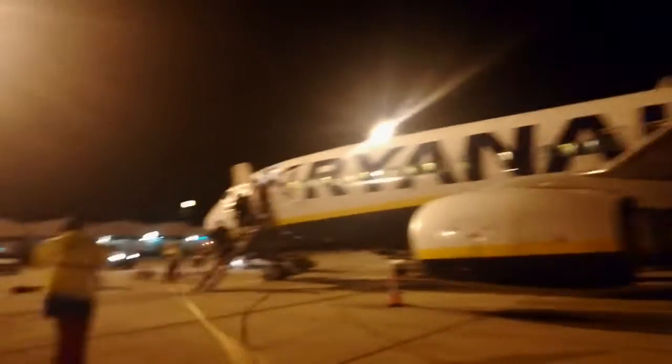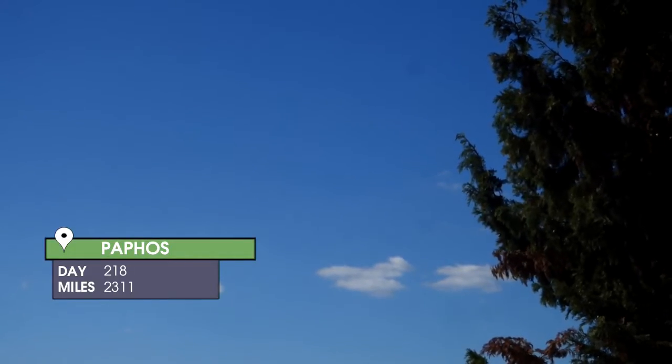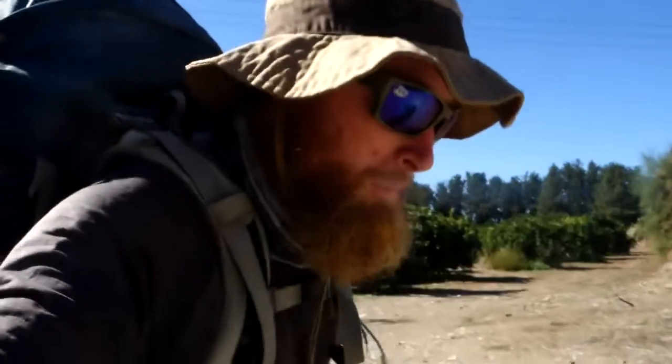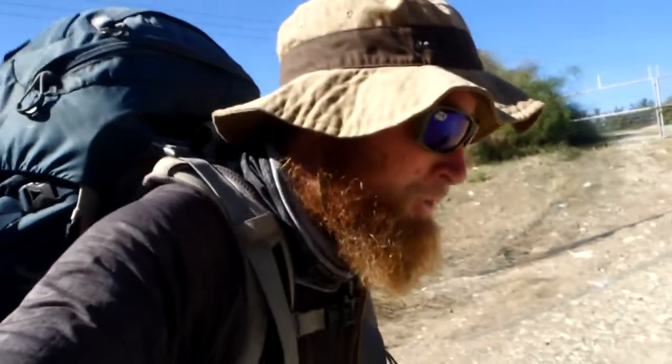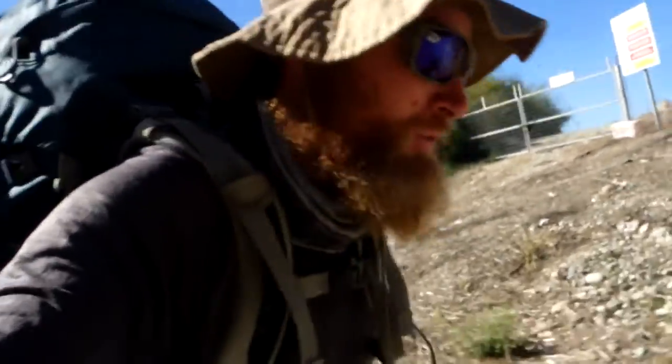The quick, cheap and bumpy flight brought me across the Mediterranean Sea from Crete. After 218 days of life on the trail, I was at the beginning of the end. And I was looking forward to this section because it's the last 300 miles, which was nice. But also looking at the map, the majority of it was on tracks and stuff, so I thought it